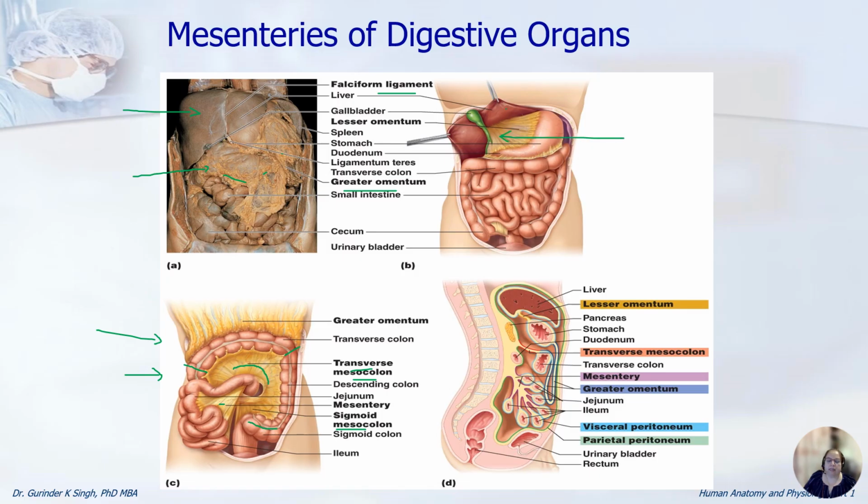Which actually connects the liver to the stomach. So this is the stomach, and this portion is known as lesser omentum. Okay, then we have the duodenum. Then we have the jejunum, and the small intestine, and then of course we have the colon,